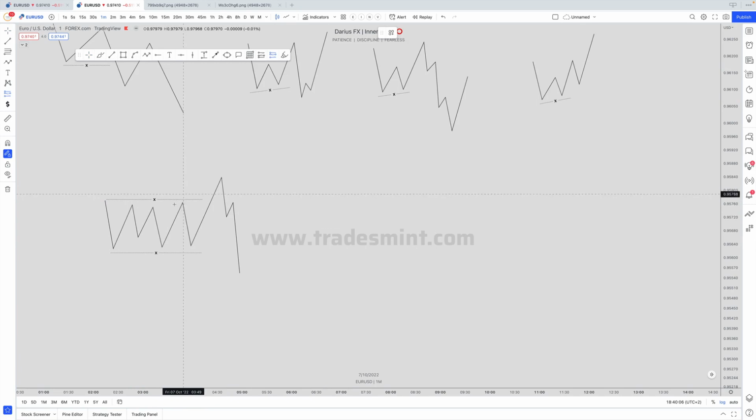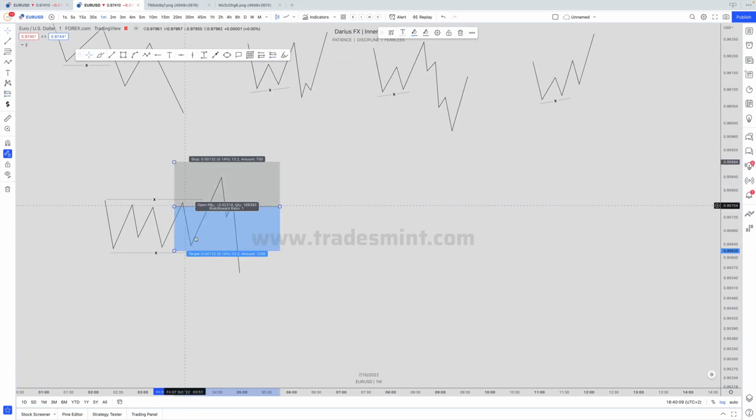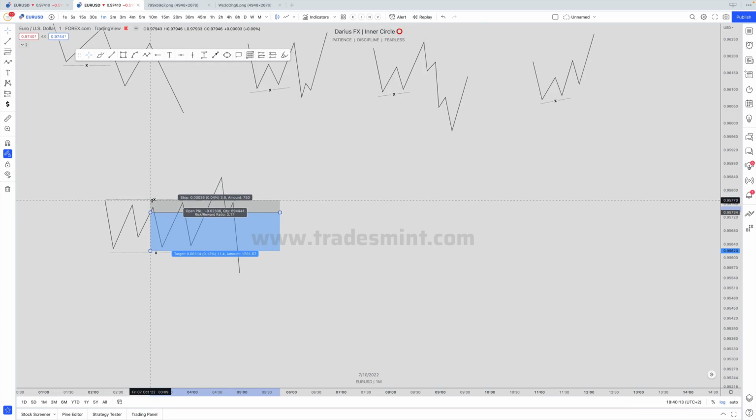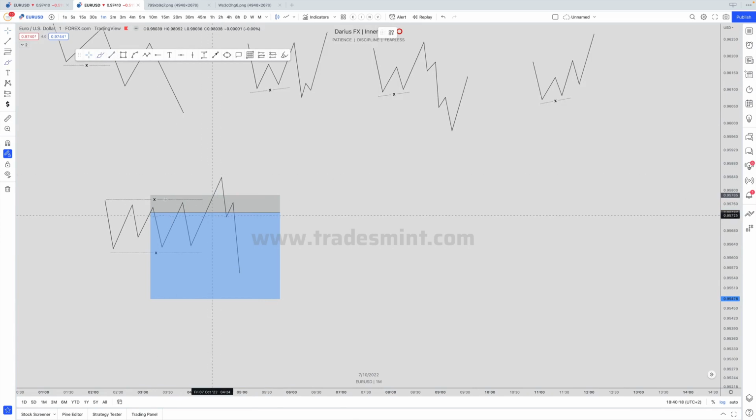Because what you need to think of is that somebody is selling, putting stop loss above like this. So what the institution needs to do is to go and hunt the stop loss, which he does with this movement, and then he will be able to bring price all the way back down, because what he wants to do is to take out his stop loss, so he can take out this money and put it in his pocket at that particular moment. Okay, so this is a ranging market.